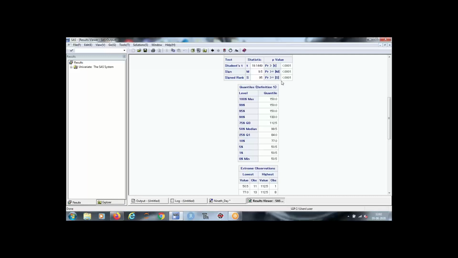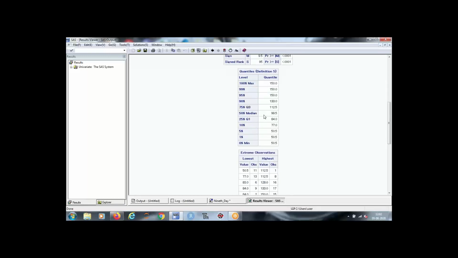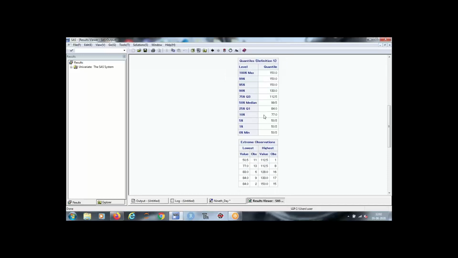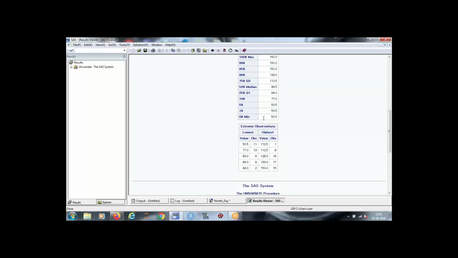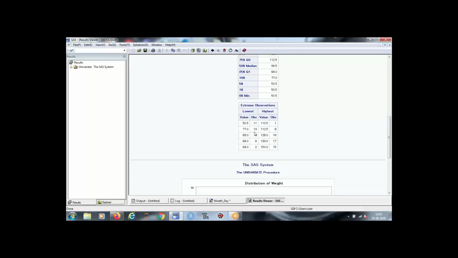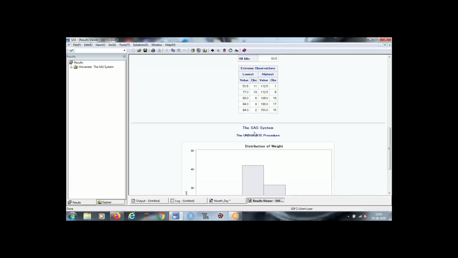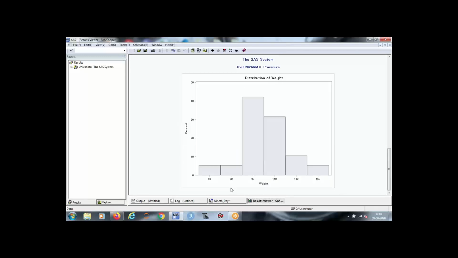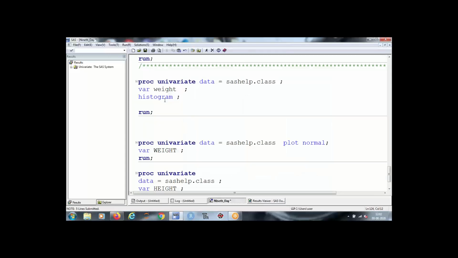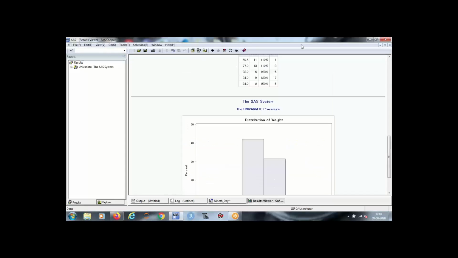And the top 5 and bottom 5 observations of the data, and a histogram of your data if you write the keyword histogram over here. So with the help of a few lines of code, you can do this wonderful job of analyzing one variable.